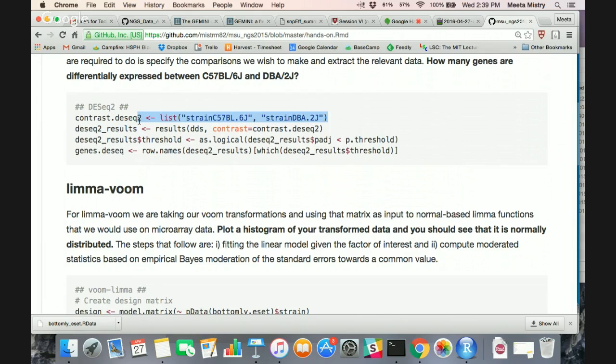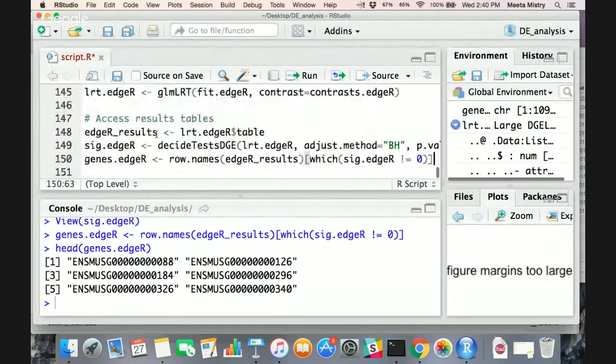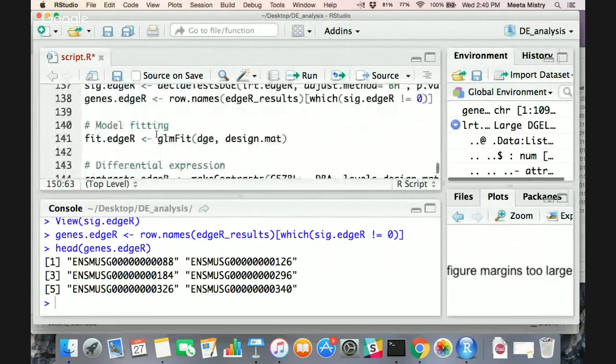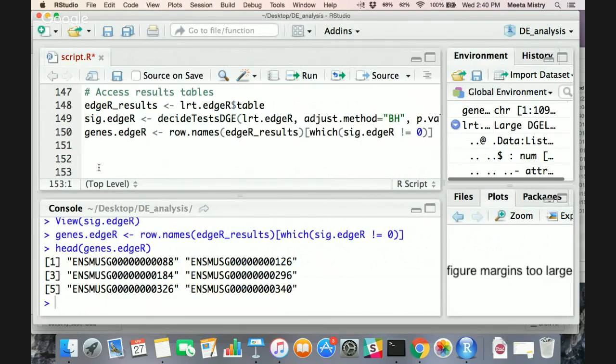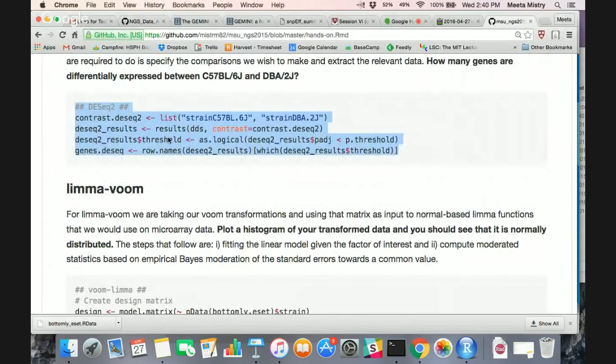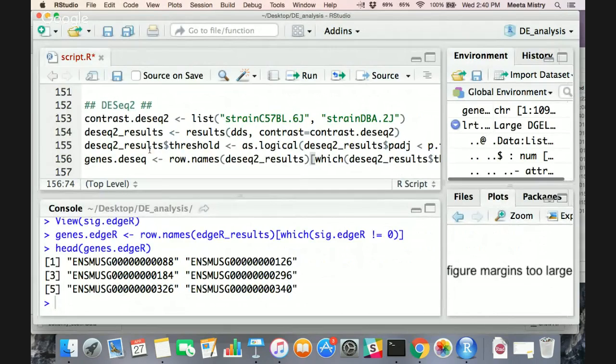There's another way of doing this as well, but I'm not going to go into that. But know that there are two methods. Okay, so let's copy paste this piece of code here, and let's call this DESeq2. Okay, so the first line here is creating the contrast, which essentially you need to specify in a list form